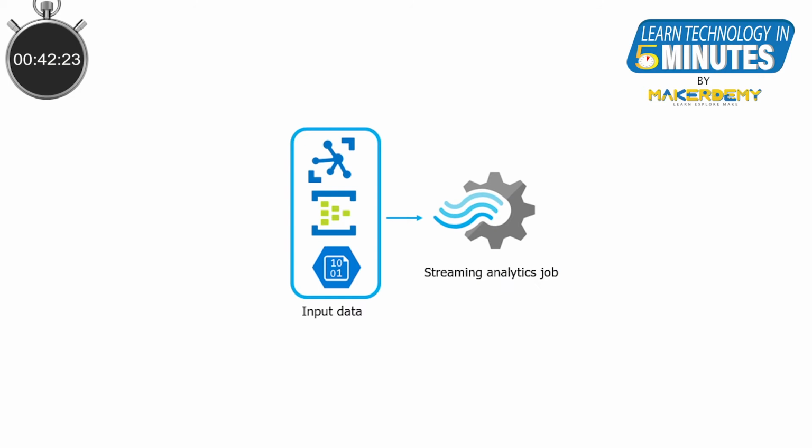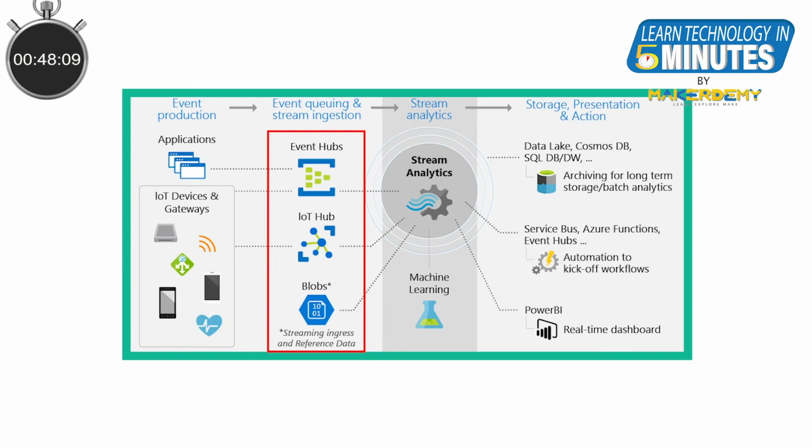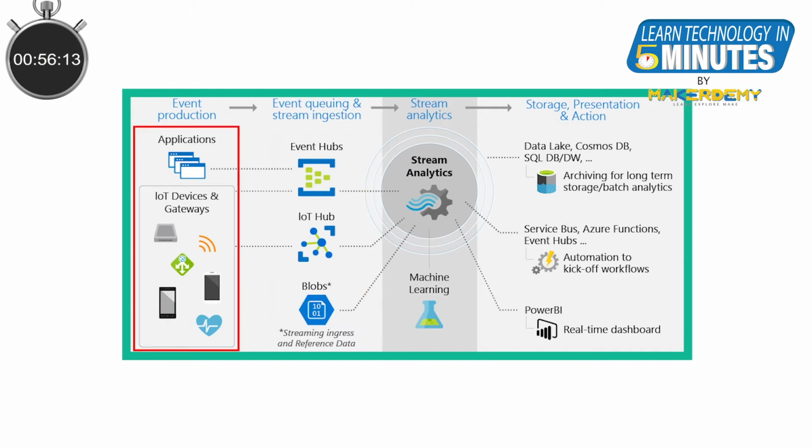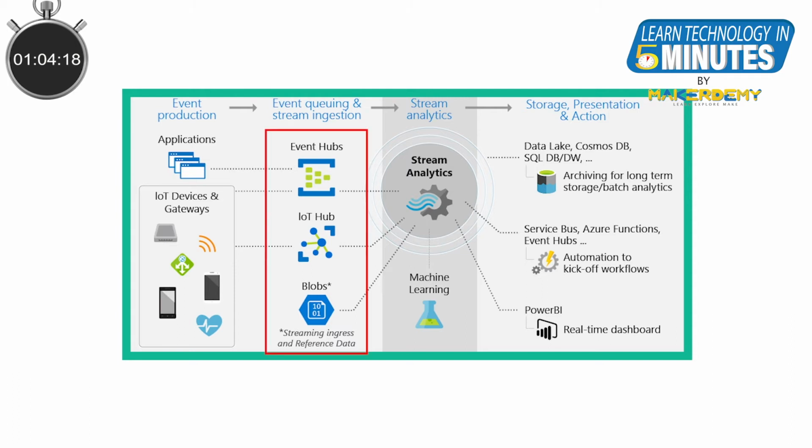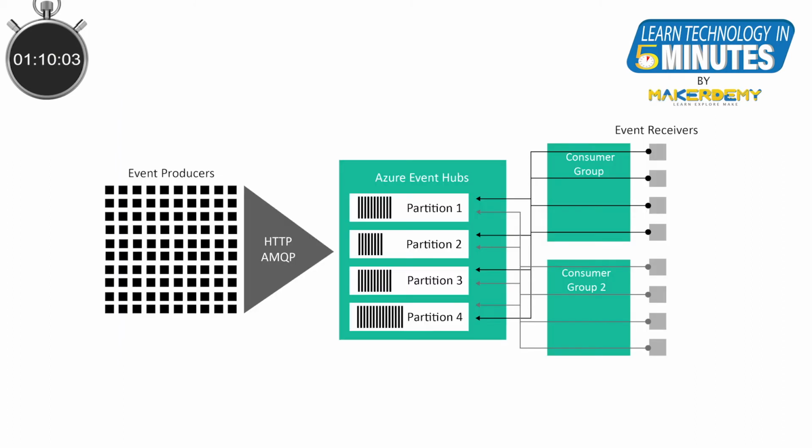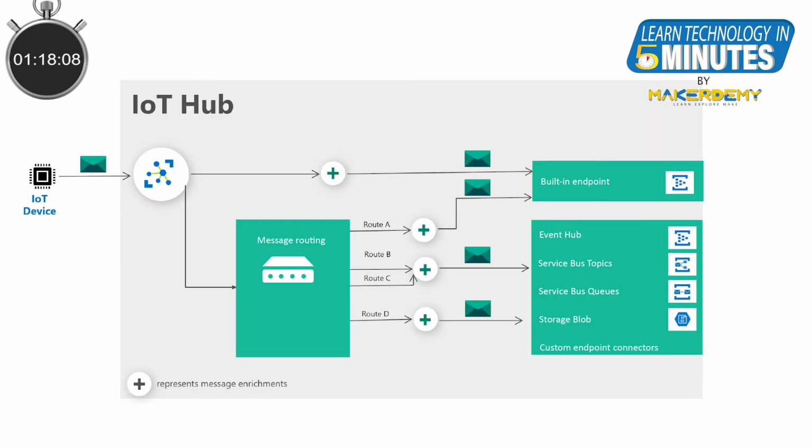Now let's see what types of inputs can be given to Stream Analytics. You have to understand that each input here already has a connection to an existing data source. The data source can be power meters, gaming apps, websites, etc. To aggregate all of these data, you would use event hubs, IoT hubs, and/or blob storage. Event hubs are a data streaming platform and real-time event ingestion service. IoT hubs are like event hubs, but they are mainly for IoT applications.